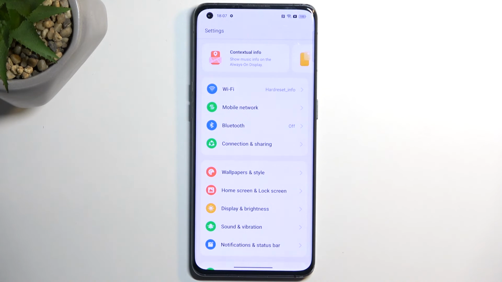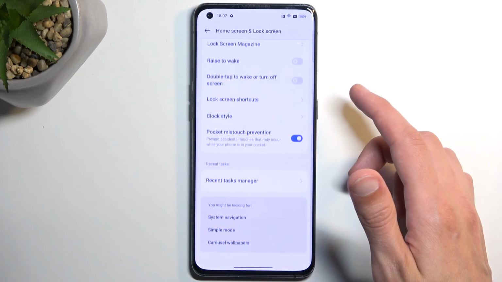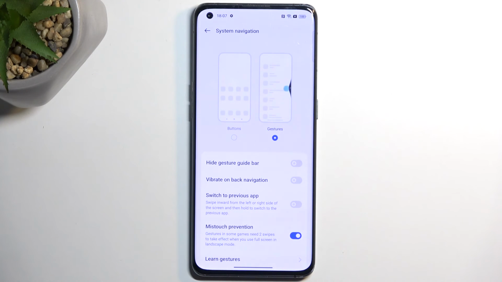Now, moving on to another option, which is the gesture navigation. You can navigate to home screen. Yep, home screen and lock screen, and here we have the system navigation, so this will redirect us. And by default, this device will come with gestures enabled, but if you want to use buttons, you can switch it right here. Now, I am going to stay with gestures just because that's what I like,